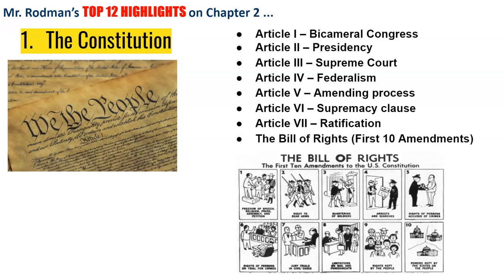In the Fifth Amendment, the concerns of those that are accused of a crime. You have the right to remain silent. Anything you say can and will be held against you in a court of law. This is the Fifth Amendment freedoms. In addition, double jeopardy. You can't be charged with the same crime twice.